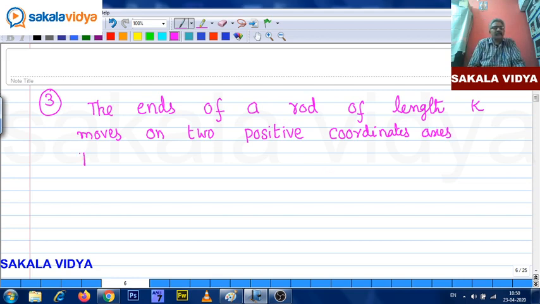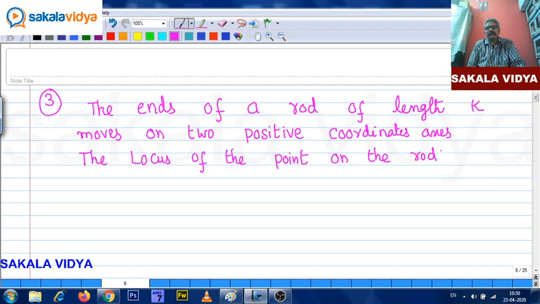The locus of the point on the rod which divides it in the ratio L is to m